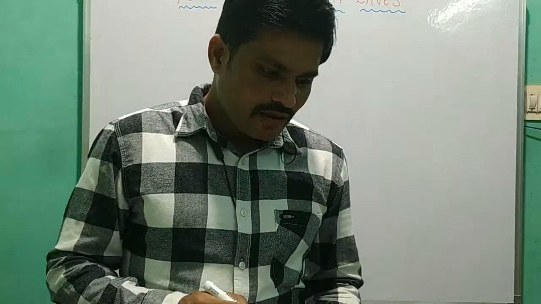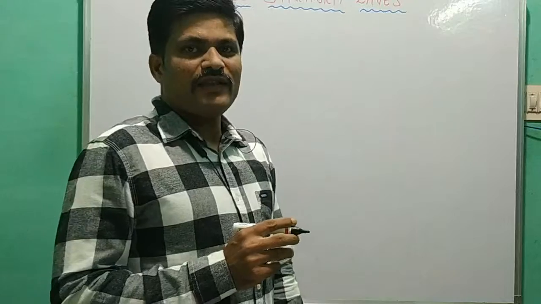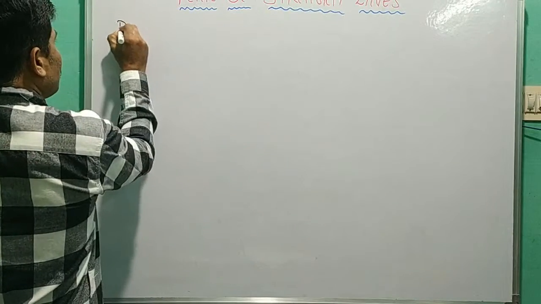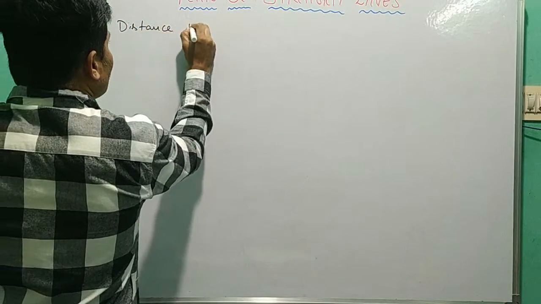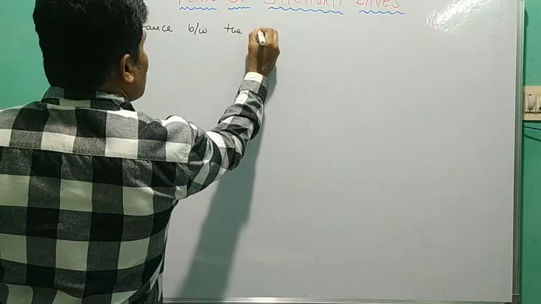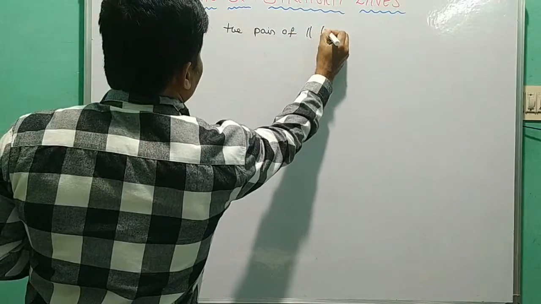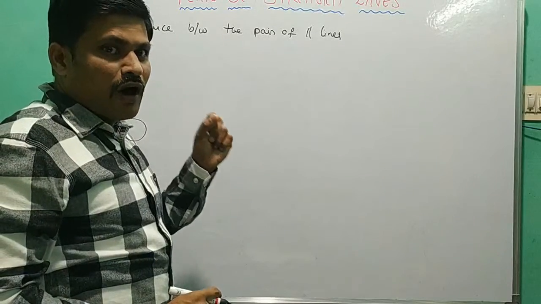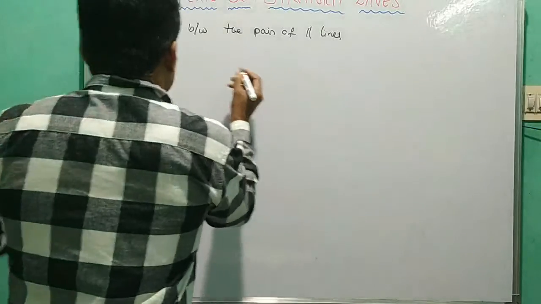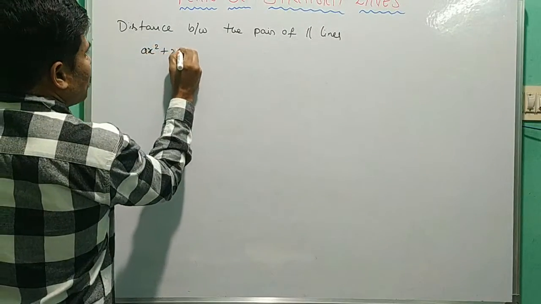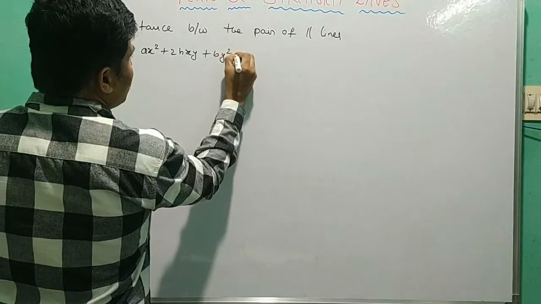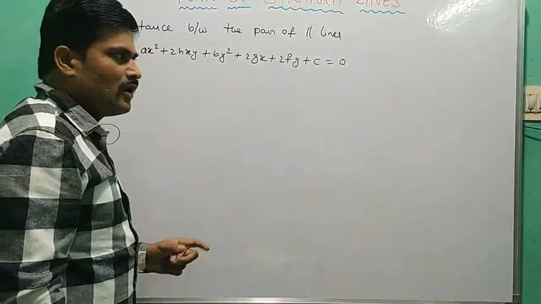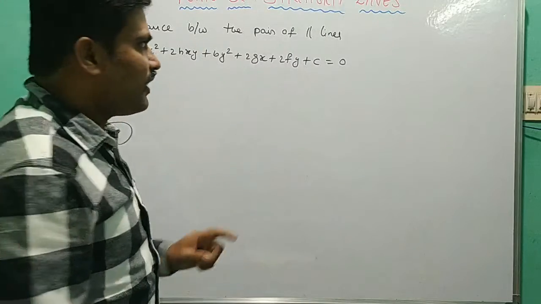Now in that the formula is distance between the pair of parallel lines. Here we have to discuss these concepts in non-homogeneous second degree equations. Now consider the equation ax square plus 2hxy plus by square plus 2gx plus 2fy plus c equal to 0. Now this represents a pair of straight lines. Then our condition is